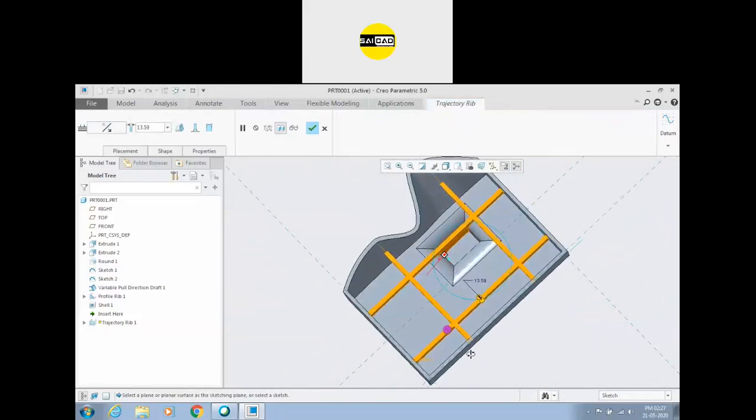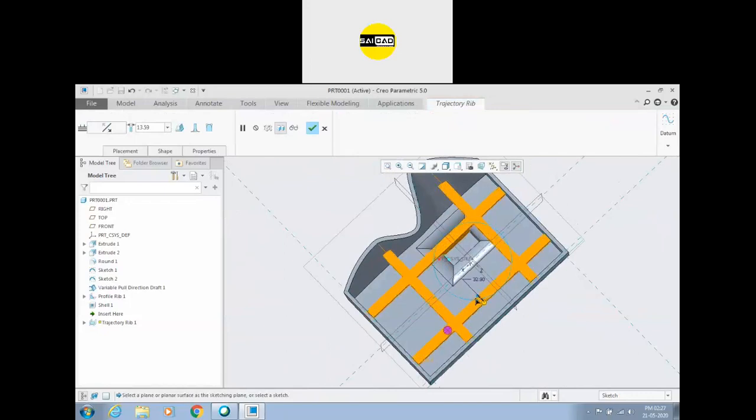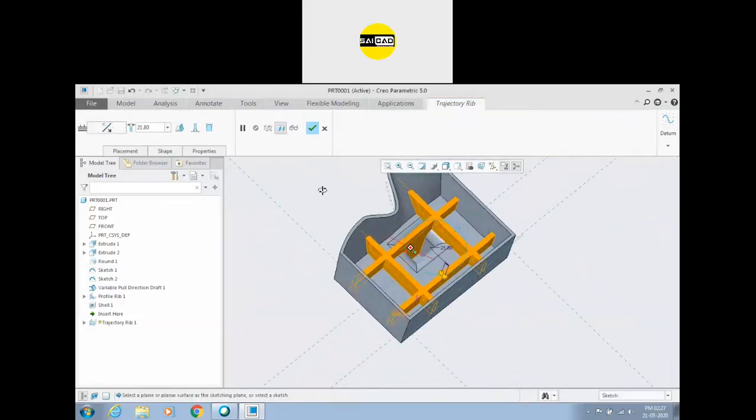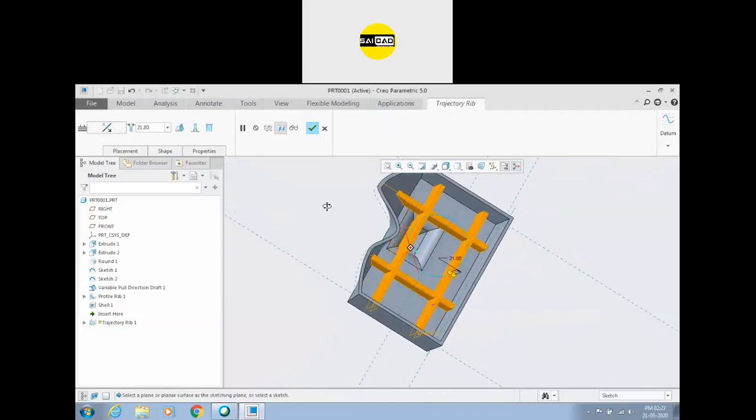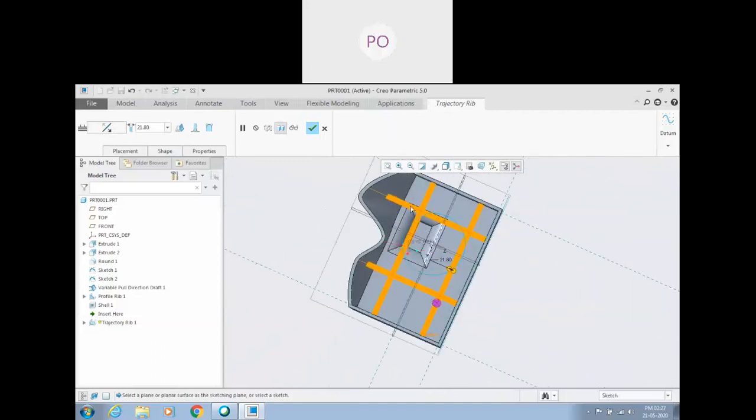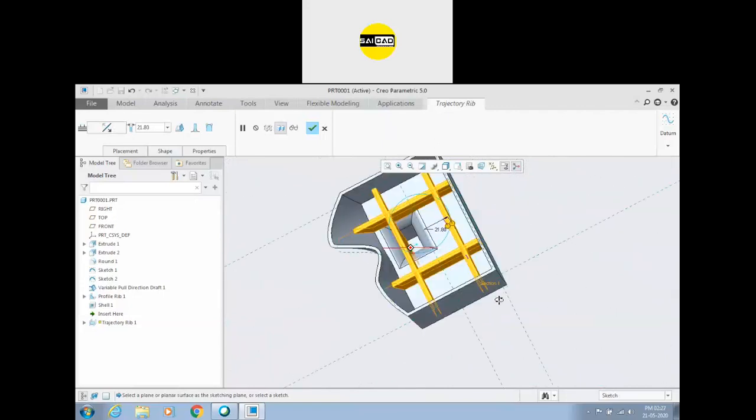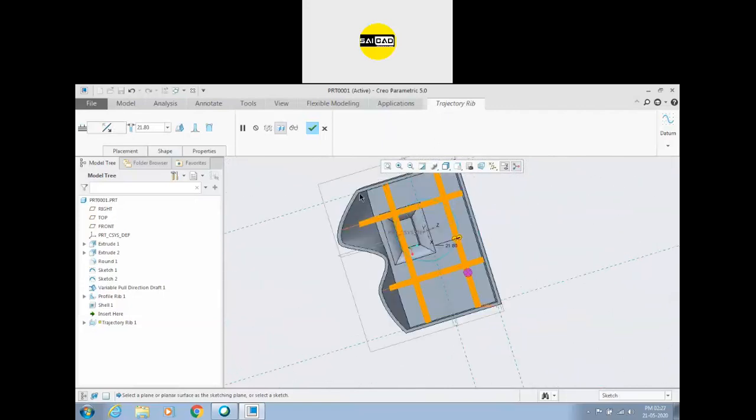So in trajectory rib we have some options. First is similar, again you can provide the thickness. Second, you can change the direction. Sir, what is the meaning of trajectory? Trajectory means you can specify the shapes like this one from the top side. You can create the trajectories of the path. Trajectory means the path. You have to create the path for which you want to create, like we have used the path in the sweep. Okay, so the path is also called the trajectory.